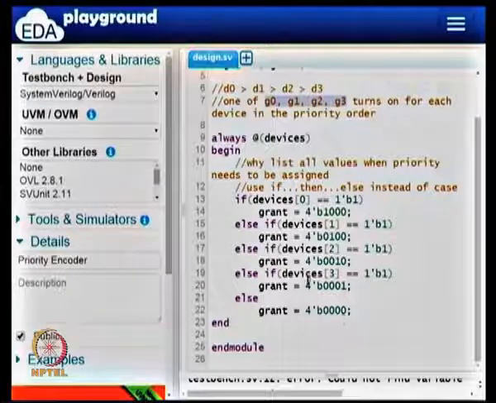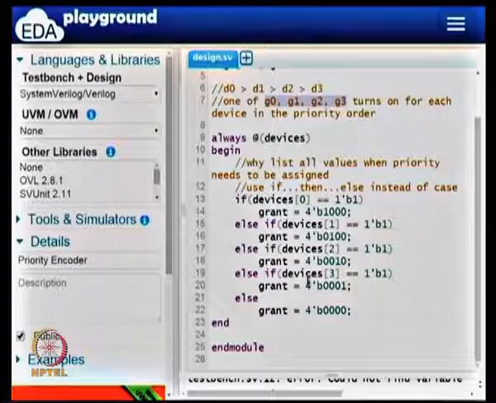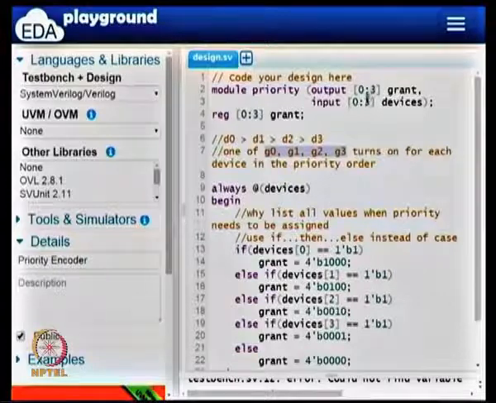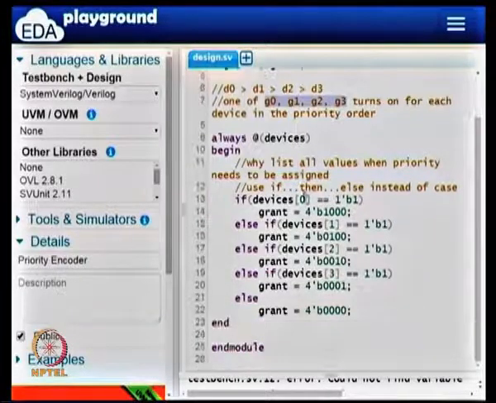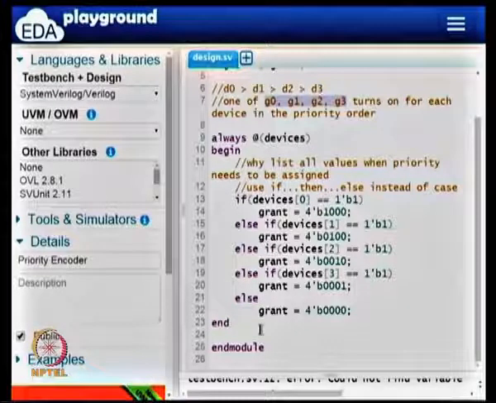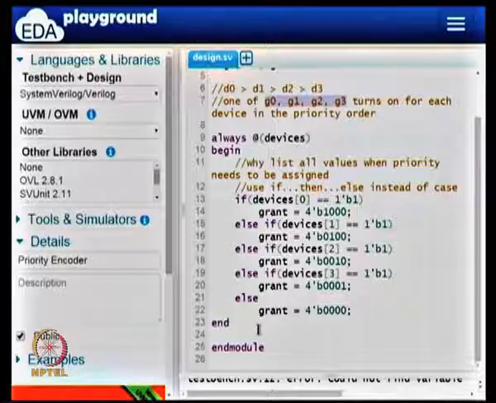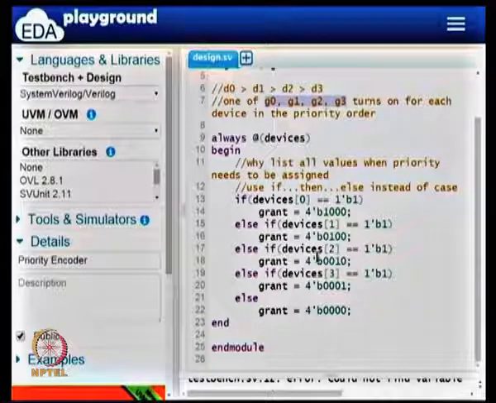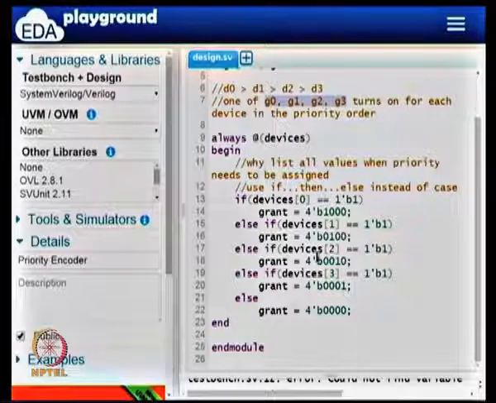Now in this setup, if I say that, by the way, it was not 4 people, there were 10 people and I have the hierarchy of the 10 people, and can you modify the design, then all you have to do is change these to go from 0 to 9, and in here you have to add 6 more lines for each one of the new people that you have added, as opposed to if you did this using case statement, you would have gone from 2 power 4 lines to 2 power 10 lines for which you have to explicitly give. That does not make sense at all. So this is much cleaner.